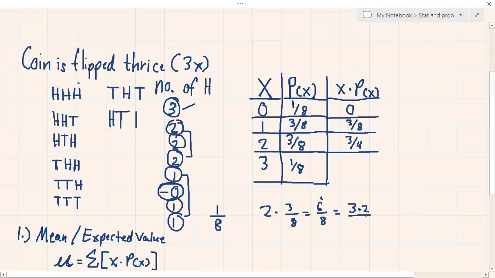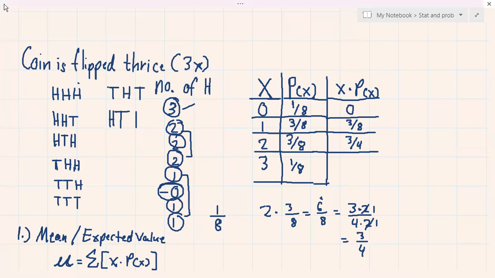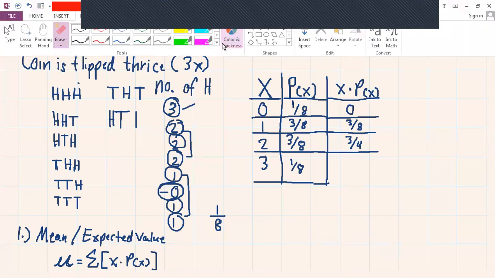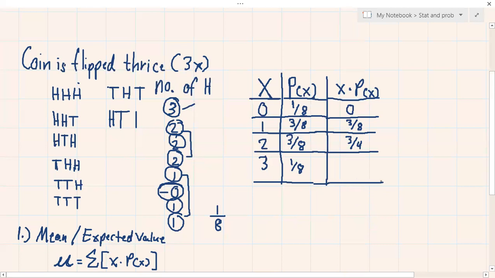So ito, magiging 3 times 2 over 4 times 2. So what happens here, makakancel si 2 on both sides, magiging 1 lang siya. So therefore, 3 times 1 all over 4 times 1 is 3/4. Okay? So that's it. Alright? Actually, basic lang to, guys. So if you still have no knowledge about it, I suggest na try to learn some of it, yung mga basics. Okay, going back sa last row, 3 times 1/8, this is 3/8.